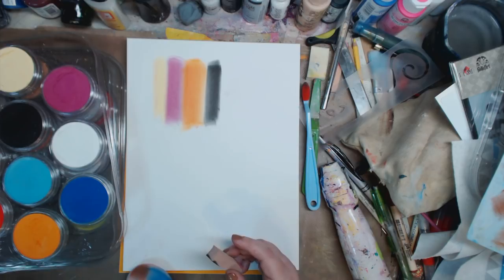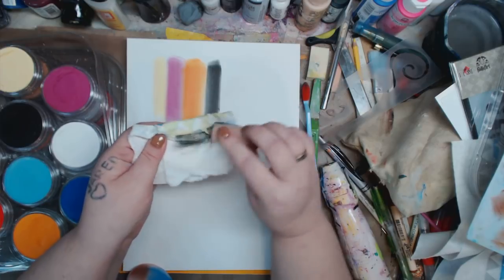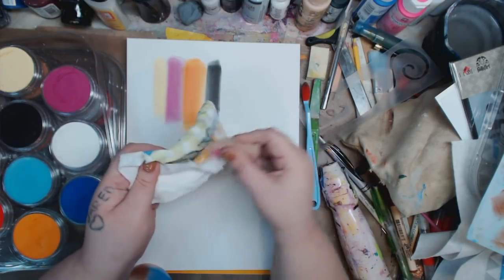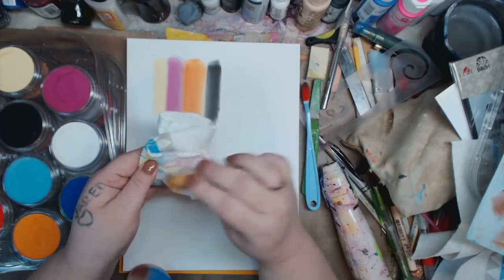And what I do, I tell you what, mess is me. So I'm just going to wipe it, you see? Look at that, and then wipe the orange. Now, what you can do, if you're doing a project, have another piece of paper next to you, because then